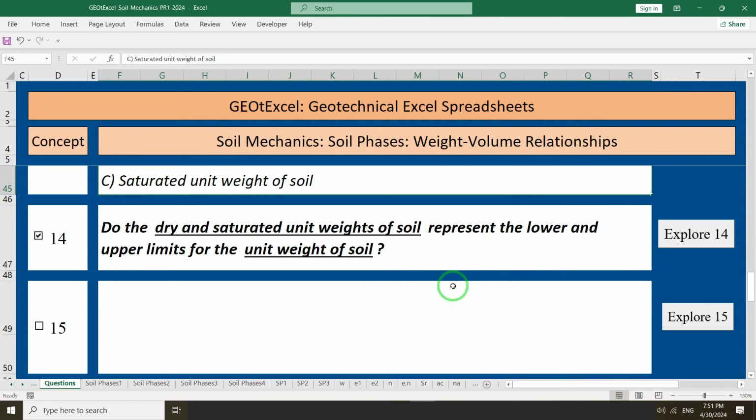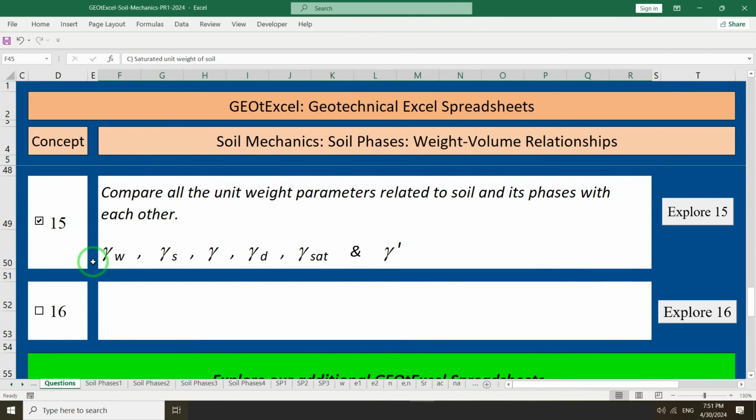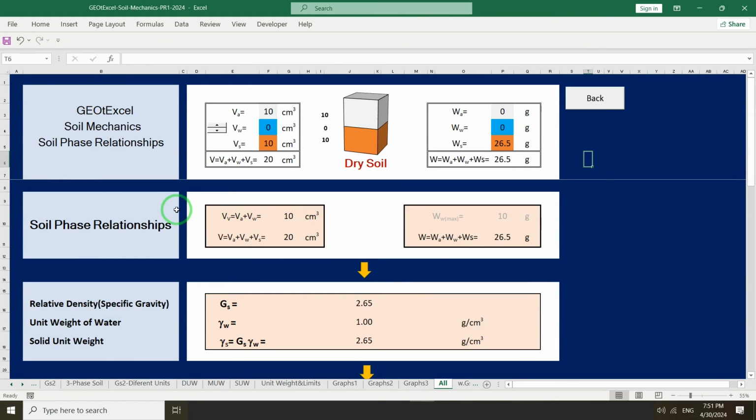Concept 15. Compare all the unit weight parameters related to soil and its phase with each other. Explore 50. For example,